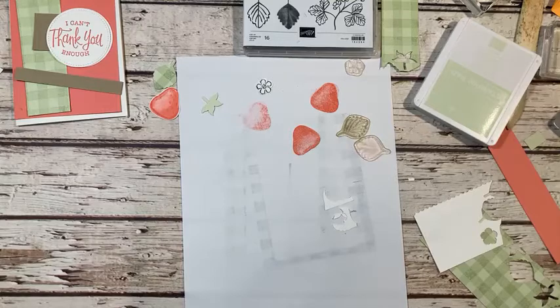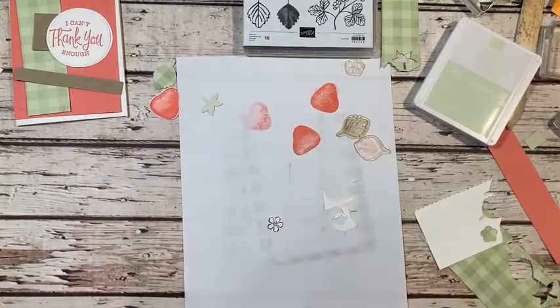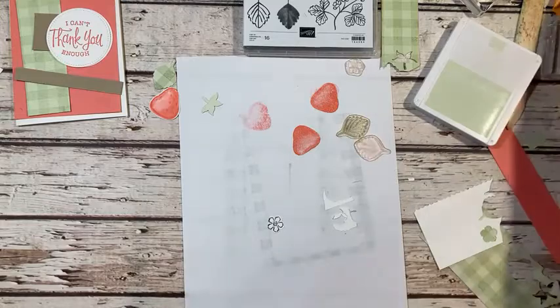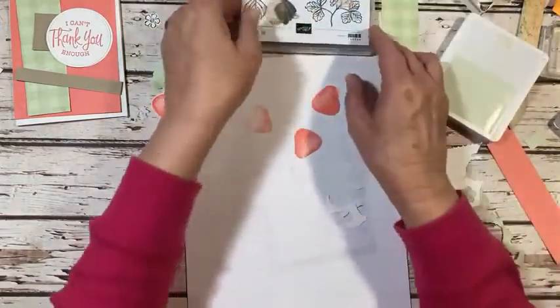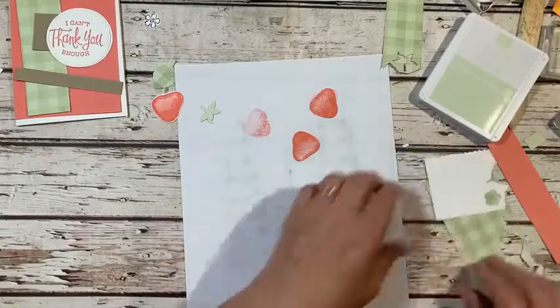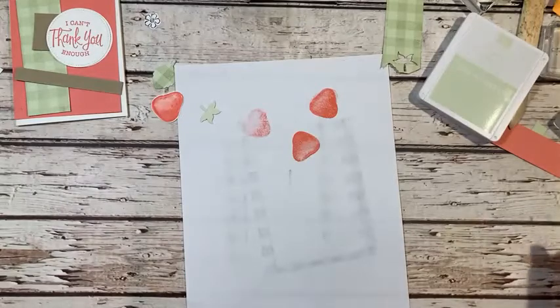I'm going to bring in some light Daffodil Delight, just to kind of give it a little bit of, no I'm not, I'm going to use an embellishment. We're going to put some bling bling on that, and I don't need those, so those can go right there. We put those out of the way, get some of this junk out of here. Alright, so now what I want to use is,